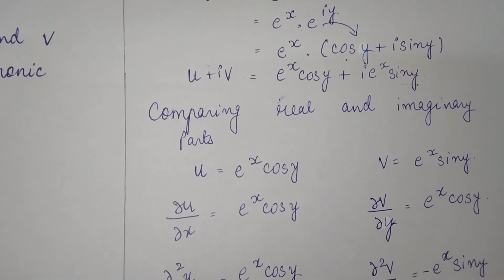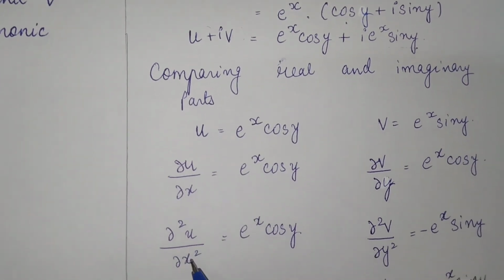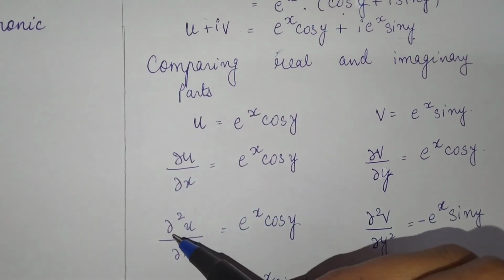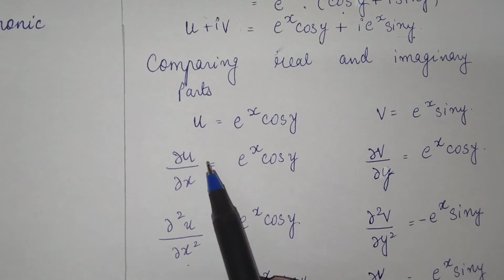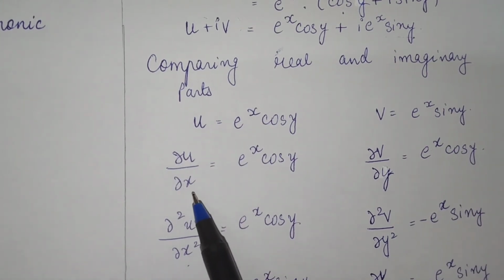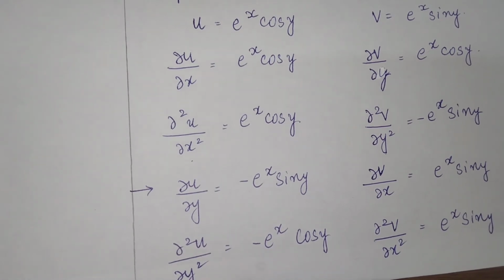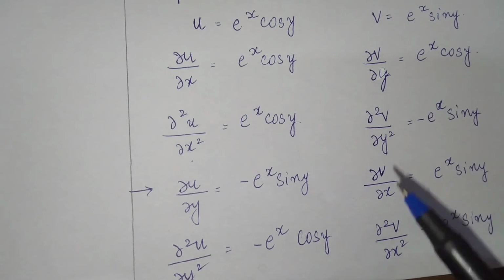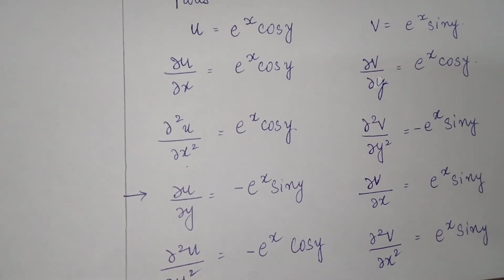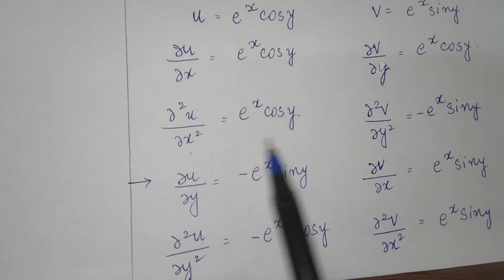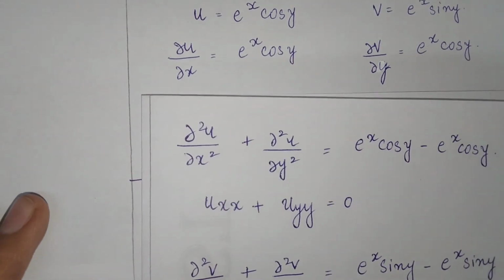We do as we did before, but to check whether they are harmonic functions, here we also have to take the second derivatives. So del u by del x, del v by del y. Then we also have to find del square u by del x square and del square v by del y square. Okay, so we got these 4 terms. But here we differentiated u with respect to x, and we still have to do it with respect to y. So again we write del u by del y and del square u by del y square. And here v was done with respect to y, so it also has to be done with respect to x. So del v by del x and del square v by del x square. Okay, you all know how to do partial differentiation. So do these 8 partial differentiations.